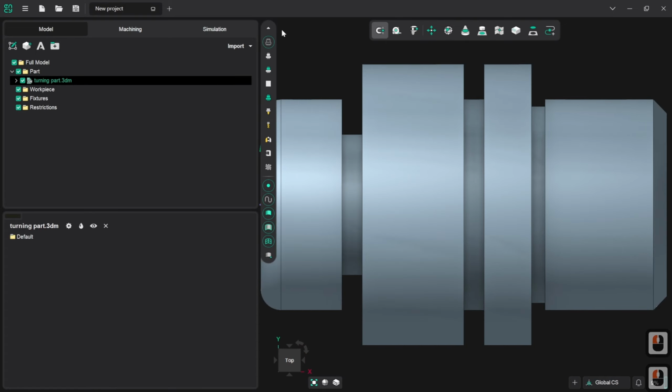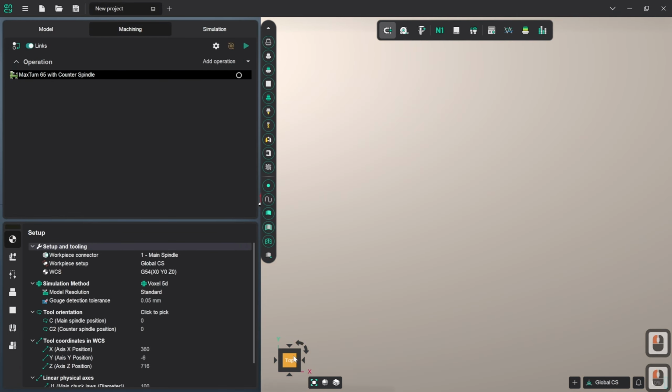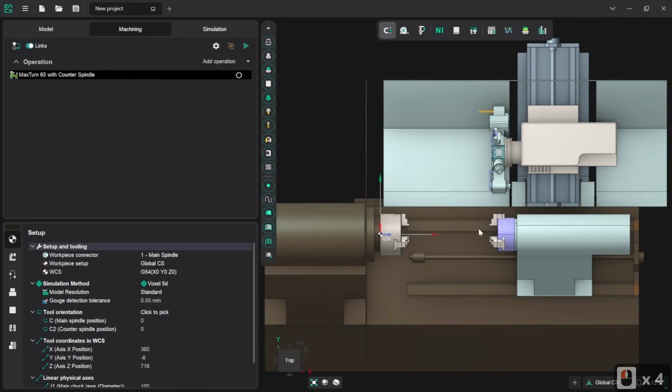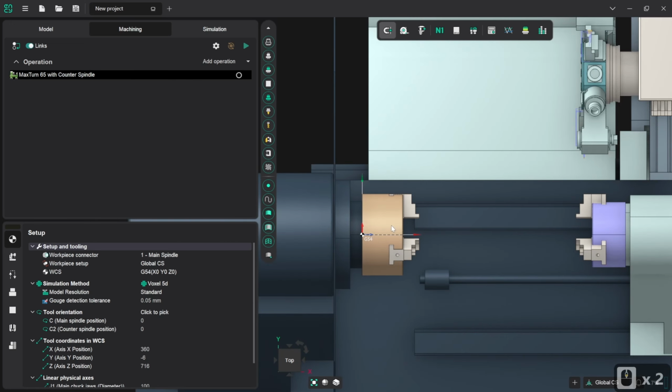and I'm going to set the view back to top, and we will go back into the machining environment now. And I'll click on top again until we've got the correct rotation and orientation and everything zoomed out. We do also have a zoom extents button here, which probably would have been an easier way to do it, but it's also worth noting that you have that control of rotation and position of the viewport using this navigation cube here. So we've now imported our part, but it appears to be hidden right in the center of our